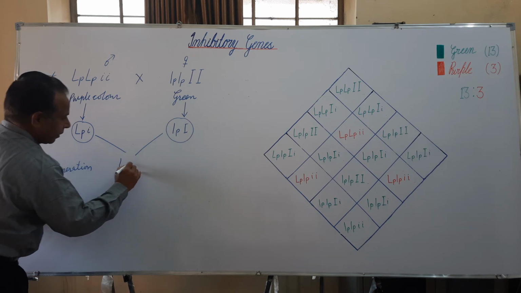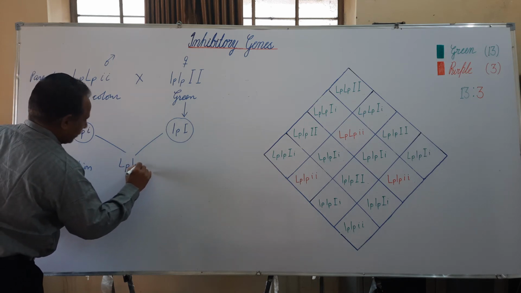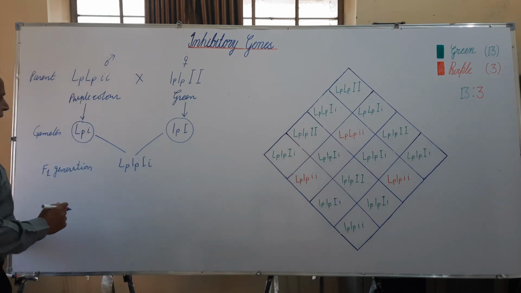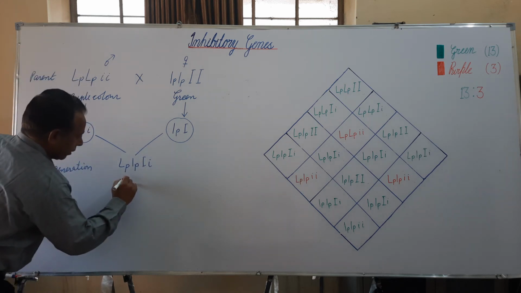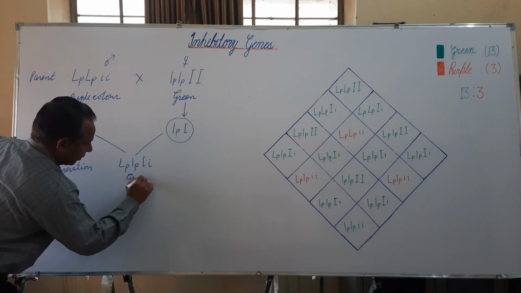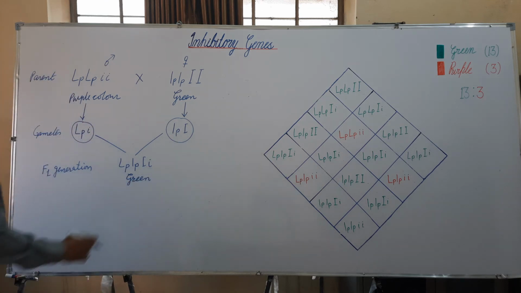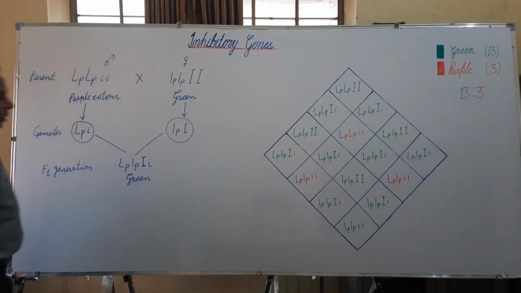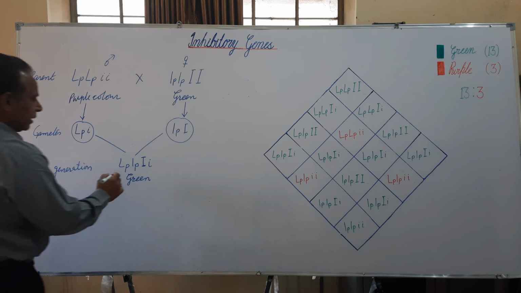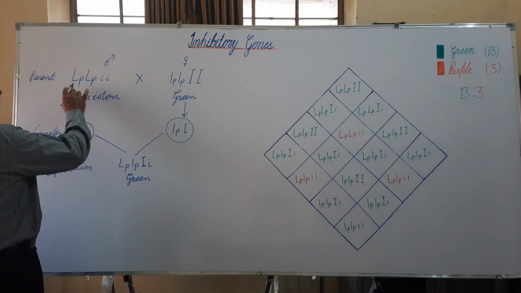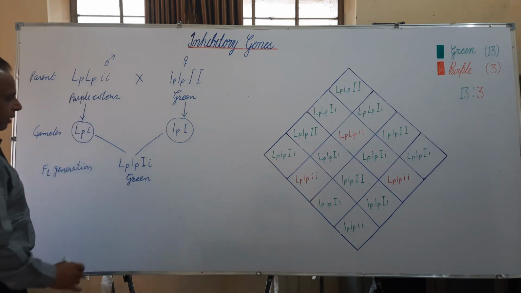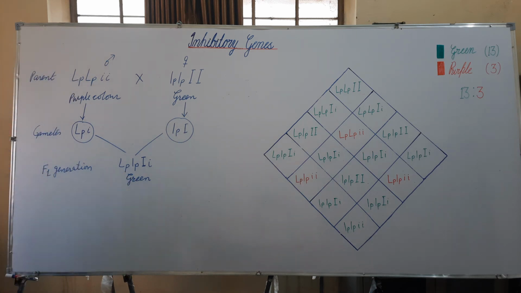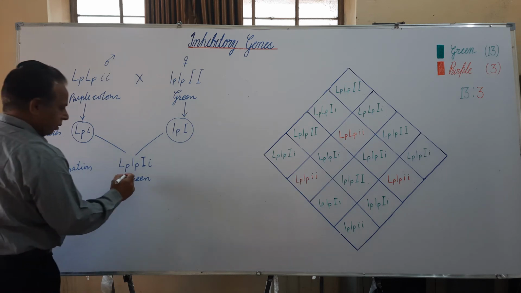Capital LP, small LP, capital I, small I, they are phenotypically green because this gene I in dominant form inhibit the expression of the capital LP gene, and genotypically the plants of the F1 generation are hybrid or heterozygous